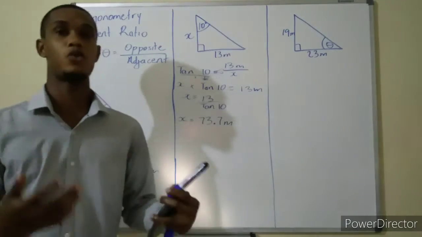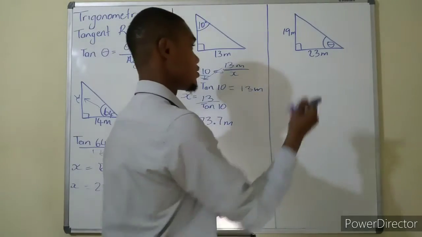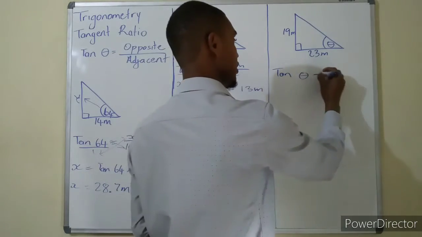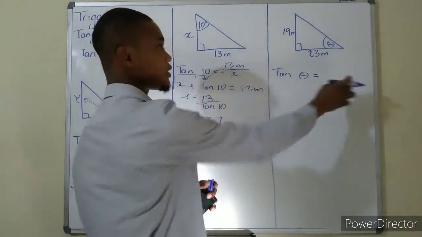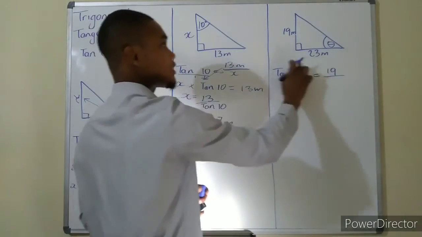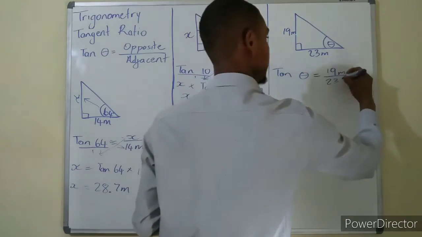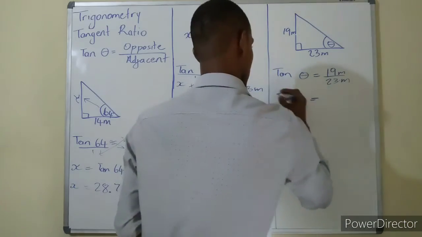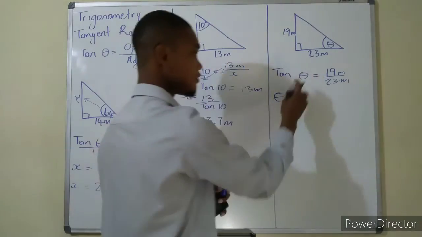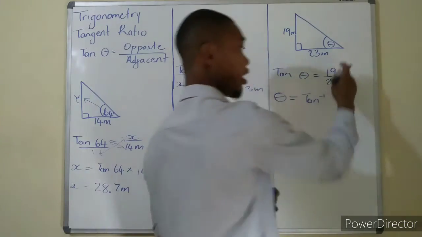Now, what if you want to find the value of your angle? Same procedure as with the others. You'll say tan, put your angle, equals the opposite side, which is 19, divided by your adjacent side, which is 23. So for you to find an angle, it is always the inverse. So theta is equal to tan inverse of